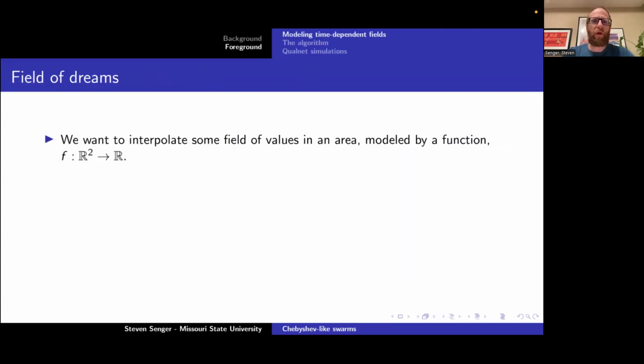Okay. So what I want to do now is I want to interpolate some field of values in an area. So now it's no longer just a one-dimensional function. I'm thinking of this as a two-dimensional function in an area, and it's modeled by a function, f taking R2